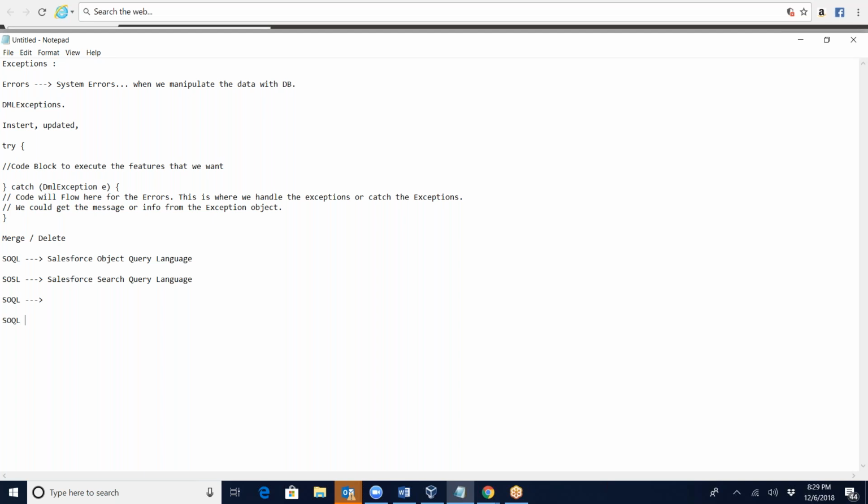SOQL queries can be written in the developer console, in what is called the query editor tool. How do we use it in the query editor tool, and also how do we use it in